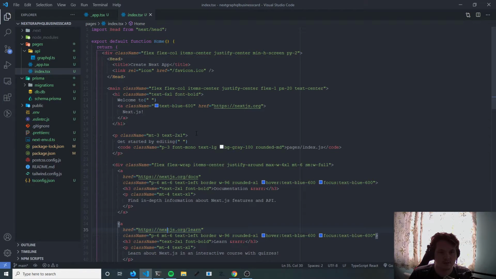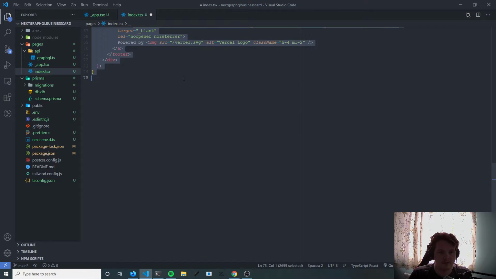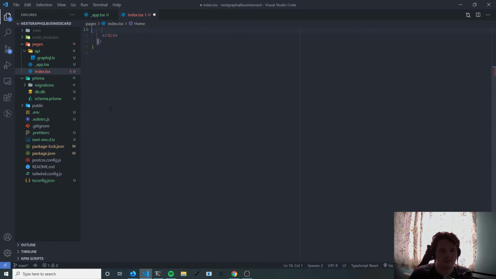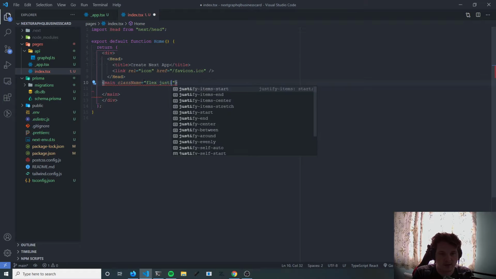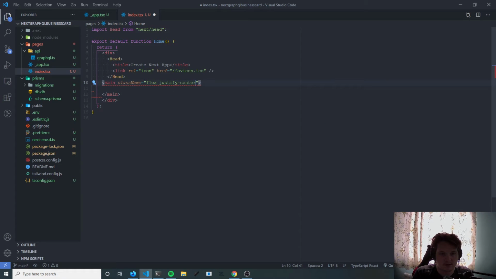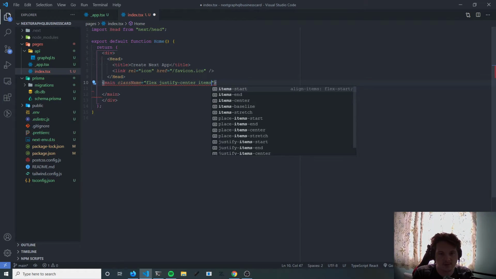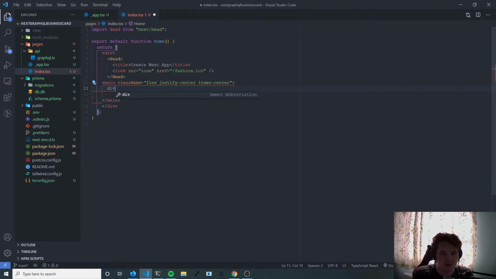So if I just get rid of those for now, and let's get rid of all of this as well. Yeah, so in the main section, maybe we just do class name equals flex, justify center, items center, and inside of that we can have a div and